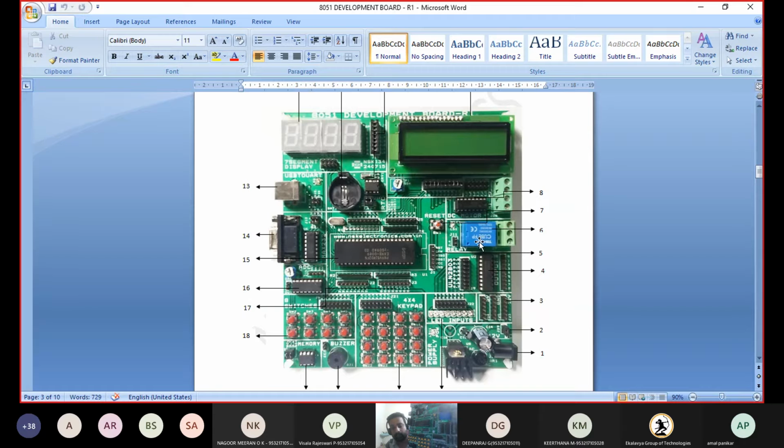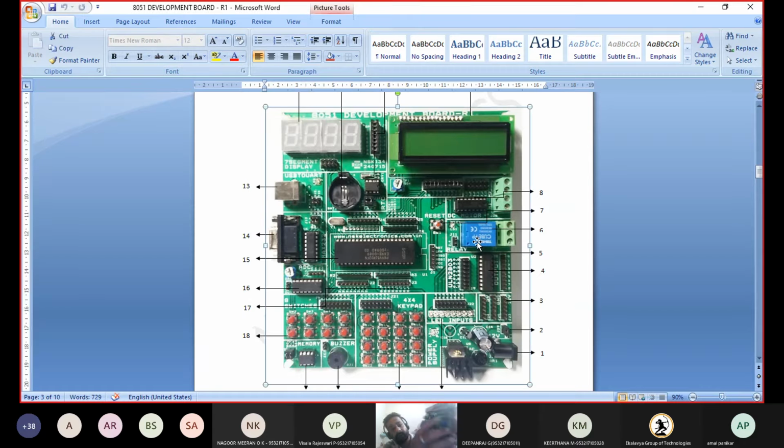Next, the sixth one, the blue thing you can see here, is called a relay. A relay is used to switch on or switch off AC controlled devices.